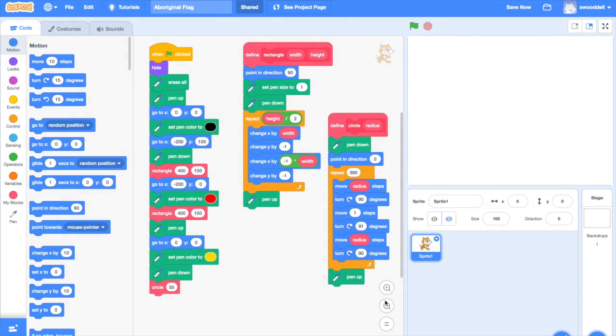Here's the code that my participants came up with. You can see the code all the way to the left is the main program running that starts when the flag is clicked. And you can see that there are a couple of times where it calls other code that was created. One for a rectangle with parameters for width and height, and another one for a circle with a given radius. Let's go ahead and demonstrate this program running,